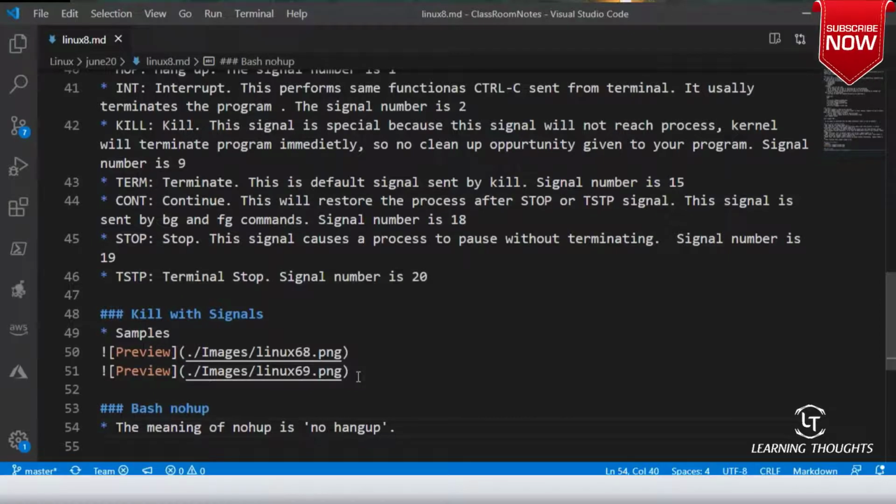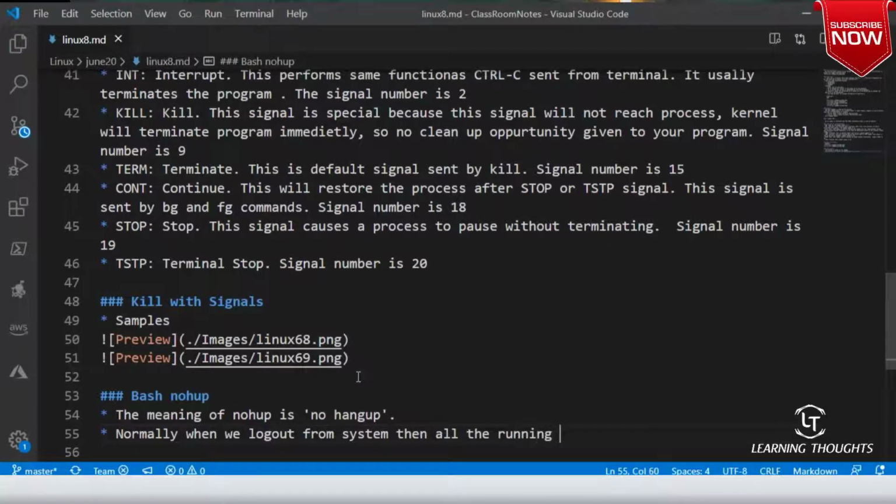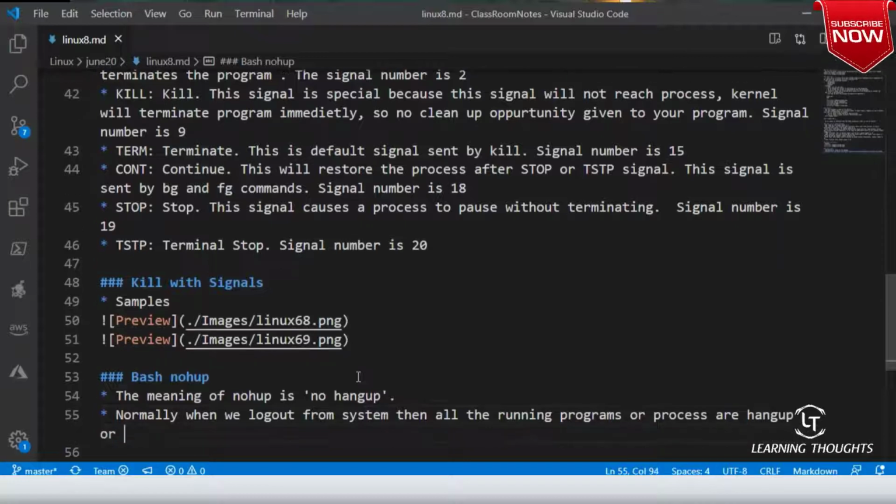So normally when we log out from the system, programs or processes are hung up or terminated.